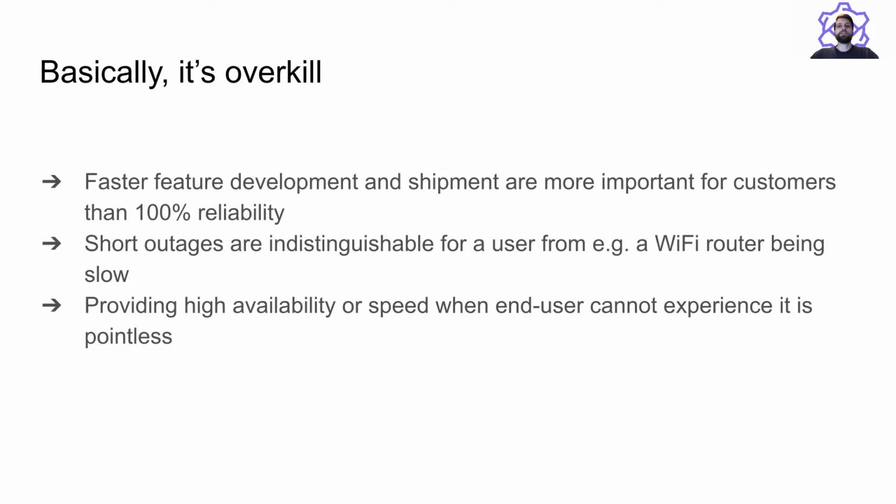Short service outages are indistinguishable for a user from, for example, a Wi-Fi router being slow or an ISP having a problem. Those sorts of problems with platforms users don't even notice. It's crucial to know how users use the application, what their experience is, and how much impact we have on it. For instance, consider a mobile app that connects to a backend through a cellular internet connection, and